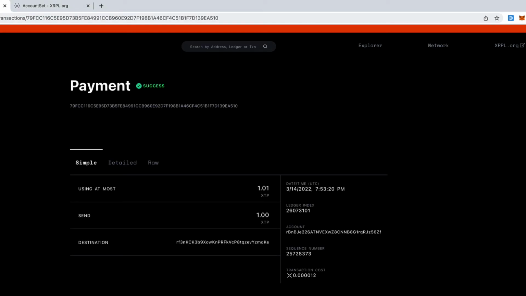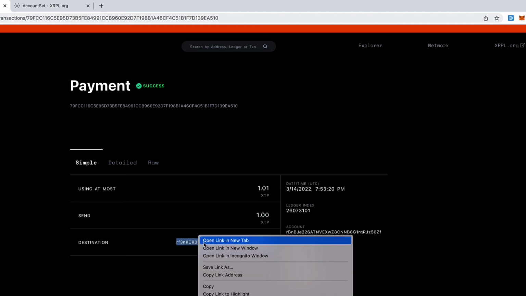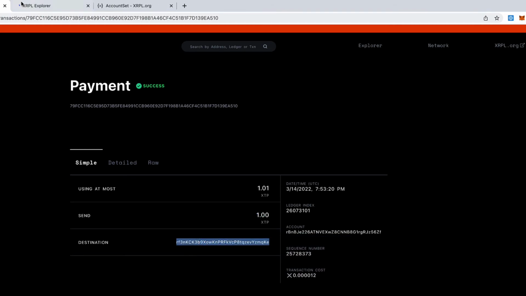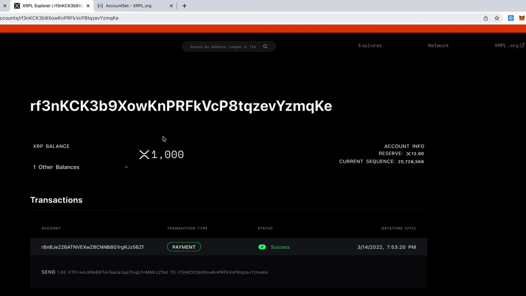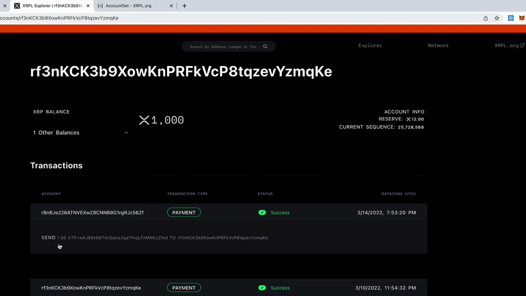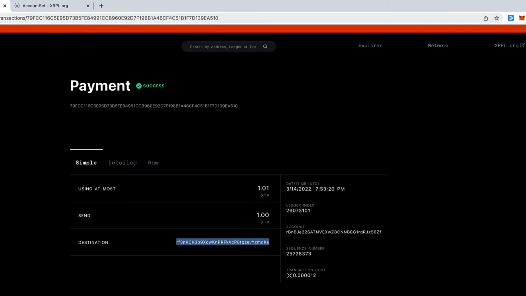And as you can see, using SendMax, this is the actual deducted number of tokens, and this is what is sent to the destination account. You can just click on it. Let me open it in a new tab and check for the recent transaction. The destination account should get only 1 XTP, and that's what is shown here. And the remaining XTP,